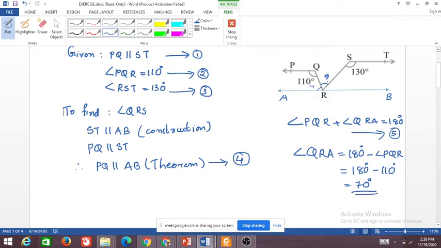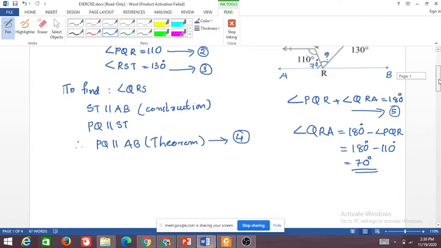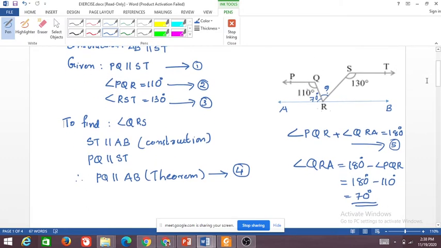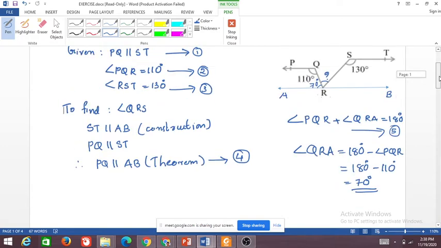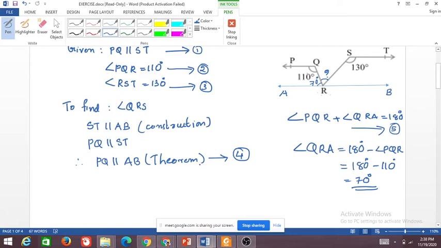So now I know this angle QRA. Now Supraja, can you continue? Supraja? Yes, ma'am. I'm doing, but I'm not able to understand on which theorem, ma'am. Okay, that's very simple. If you have two parallel lines, then there will be corresponding angles, alternate interior angles, then interior angles on the same side of the transversal. This many angles will be formed, right? So then look at the angles you have.